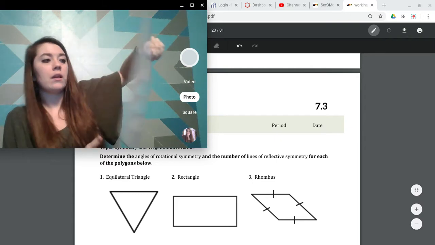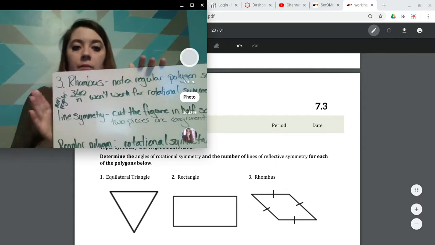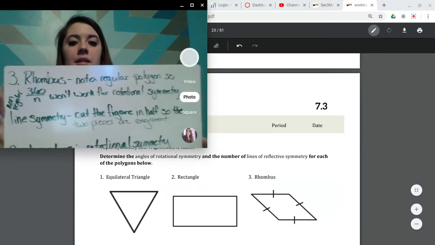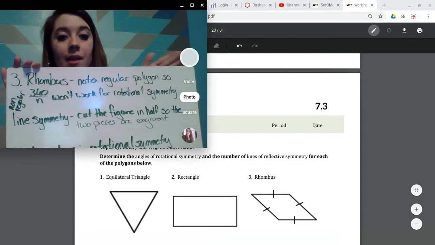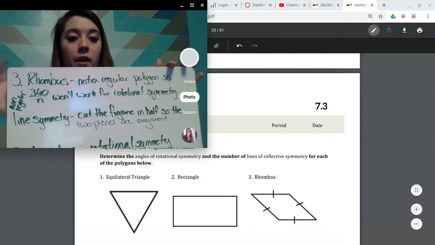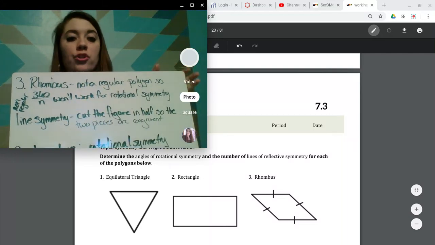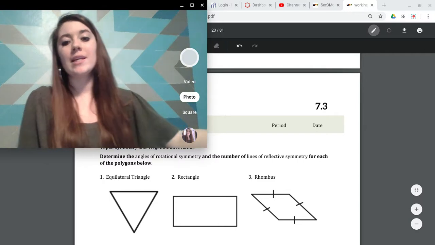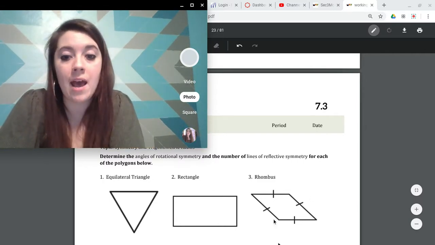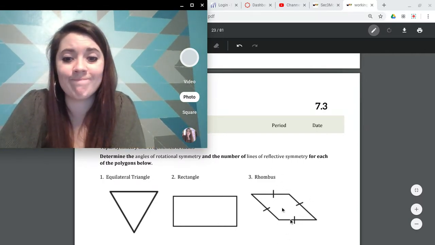So if we look at my handy dandy slide here, the first thing we're going to look at is the rhombus. Like I said, the rhombus is not a regular polygon, so 360 divided by n won't work for the rotational symmetry. For the line symmetry, we have to think about cutting this in half. How are we going to cut this rhombus in half? Can we do it vertically? Not going to work. It's not going to look the same. What about horizontally? Nope, it's not going to work out. But if we cut it on the diagonal,